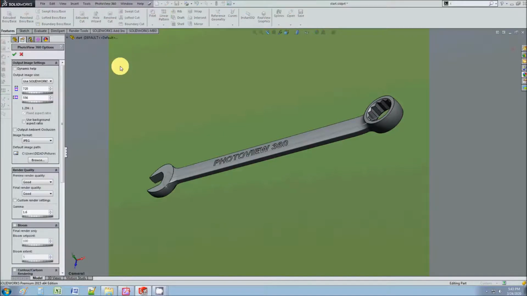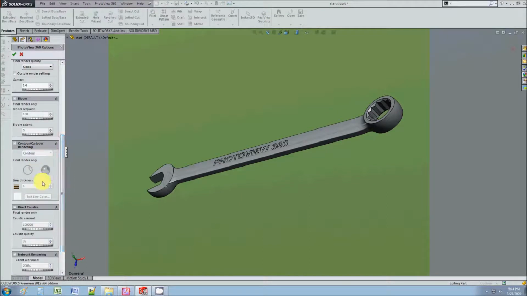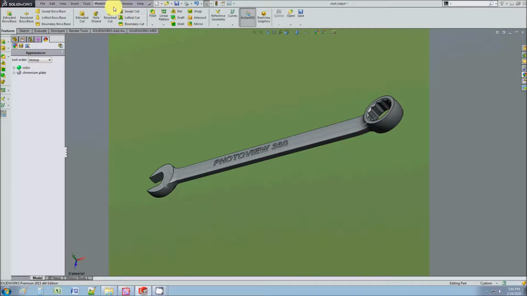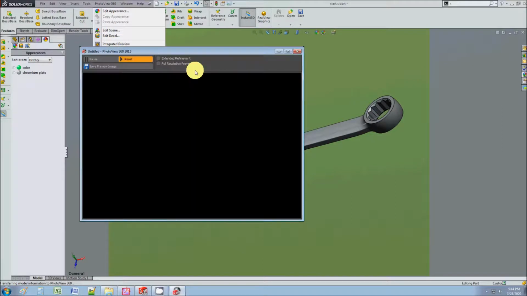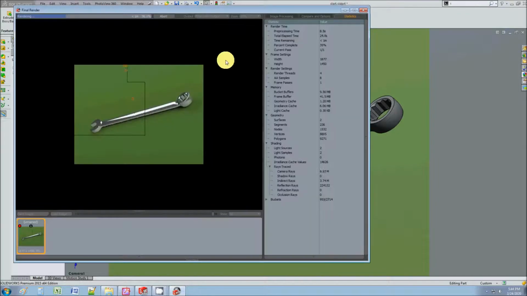And one of the things I encourage you to do is go to the options where you can set the resolution, whether you want this cel shaded or anything like that. You can set all those options here. But when you're ready, you can hit final render and it's going to run the algorithms to render the image. It's calculating all of the reflections, and you can see how it takes some time,